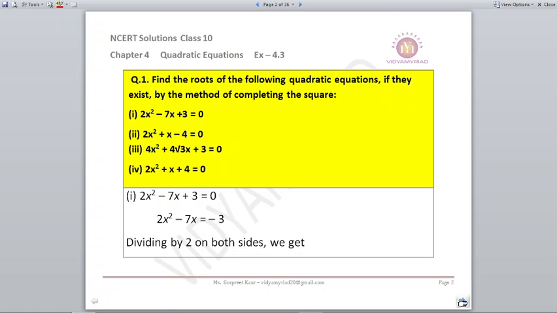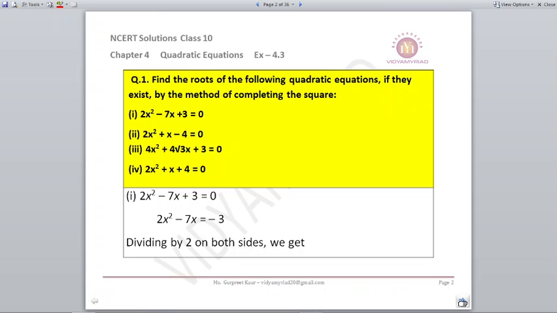Now if you look here, we don't have b square, we have a square, like 2x square if I consider, let it be a, minus 7x we will try to convert it into 2ab form, and then there should be b square. There is no b square. For finding out the b square, we will do the next step and we will add those both right hand side and left hand side.